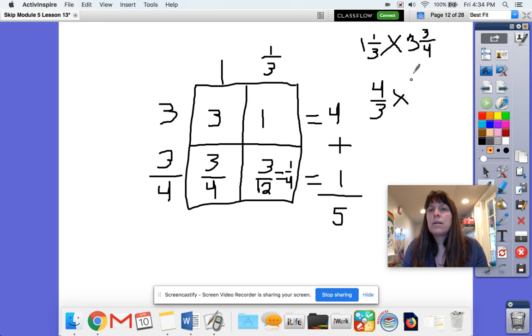And then we're working with fourths here, as you see. So how many fourths would be in 3? Okay, so how many fourths would be in 1 whole? 4/4, right? So if you have 3 and there's 4/4 in each whole, then how many fourths do you have? You're going to have 4/4 plus 4